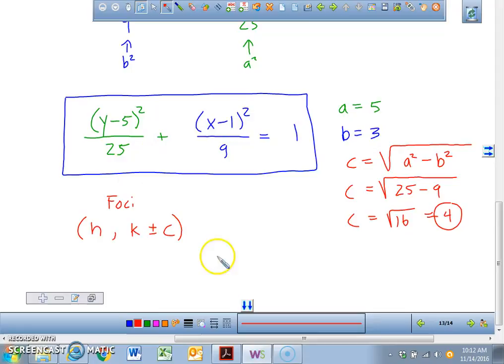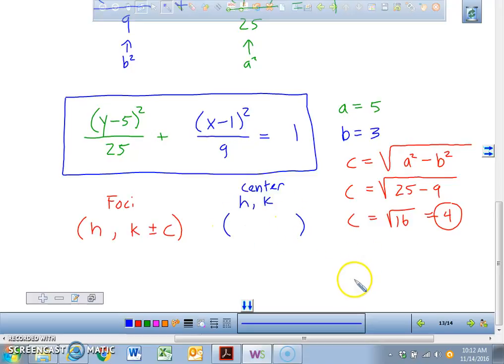So right now, can we locate our HK? What does our HK represent? It represents the center. So the center of our ellipse will be 5 and a 1, which means our foci are going to be at 5, comma, 1 plus or minus,